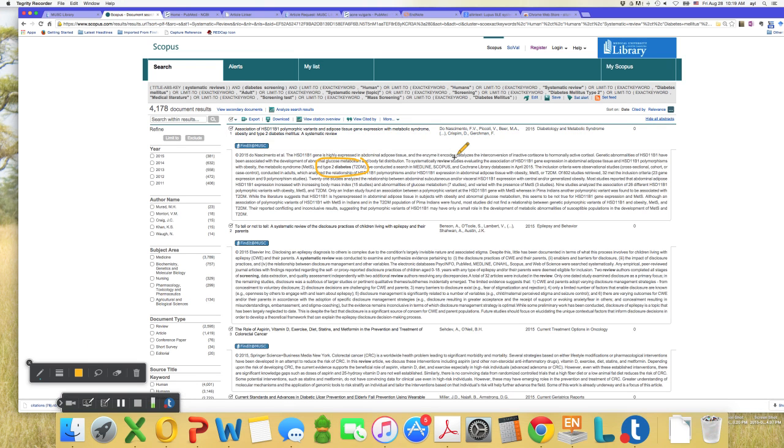One thing that's nice about Scopus is that it highlights and bolds the words that you're looking for, so that you can easily go to them and make sure that these articles cover what you're looking for, depending on what you're looking for. The other feature that's really nice in Scopus, when you're ready to download or to export your